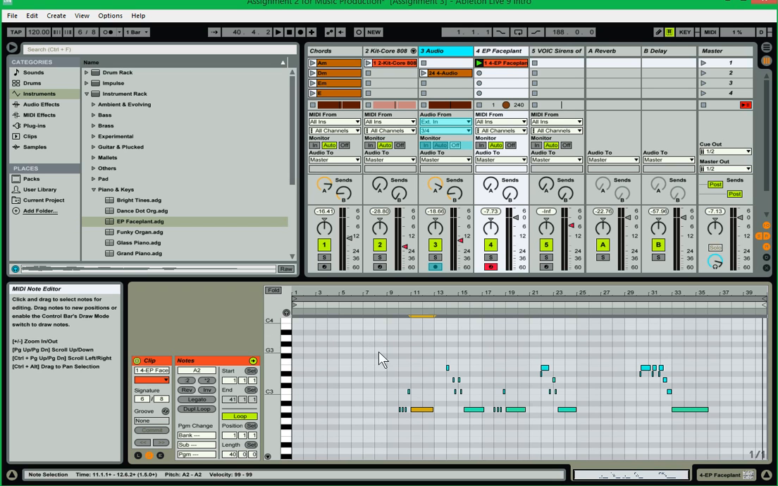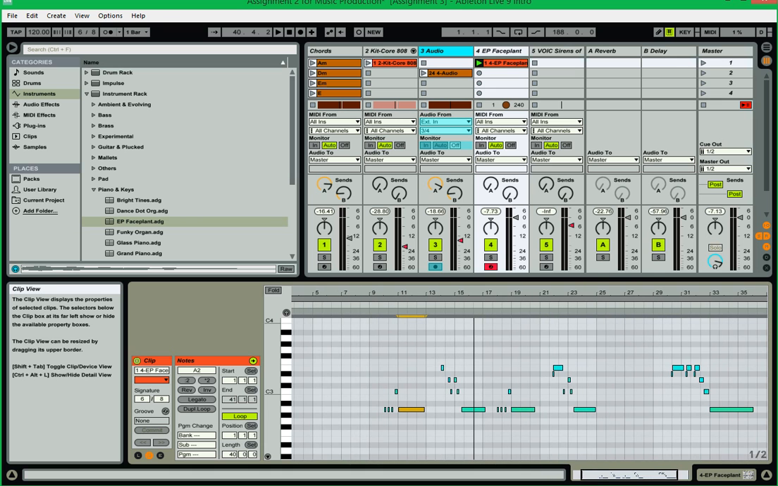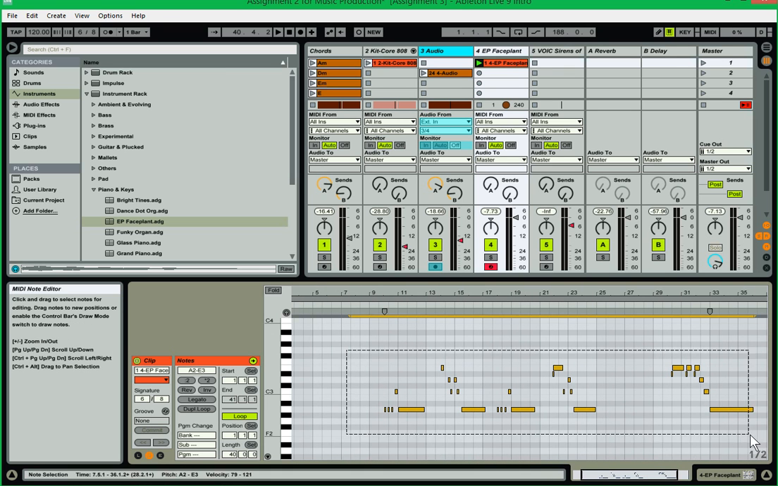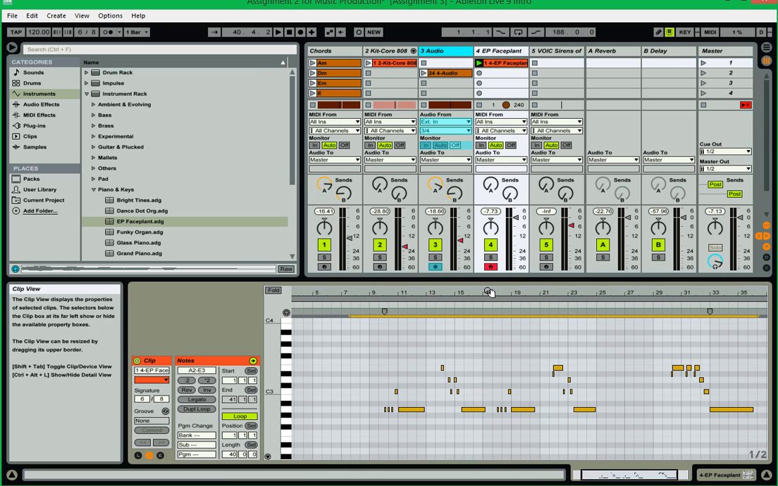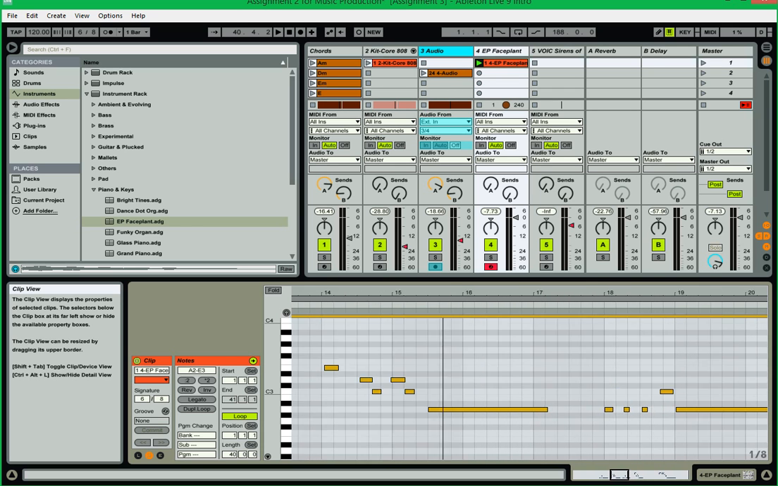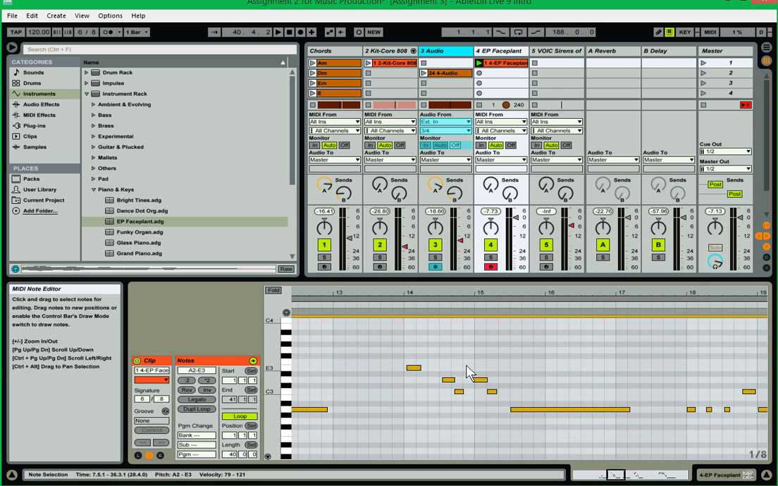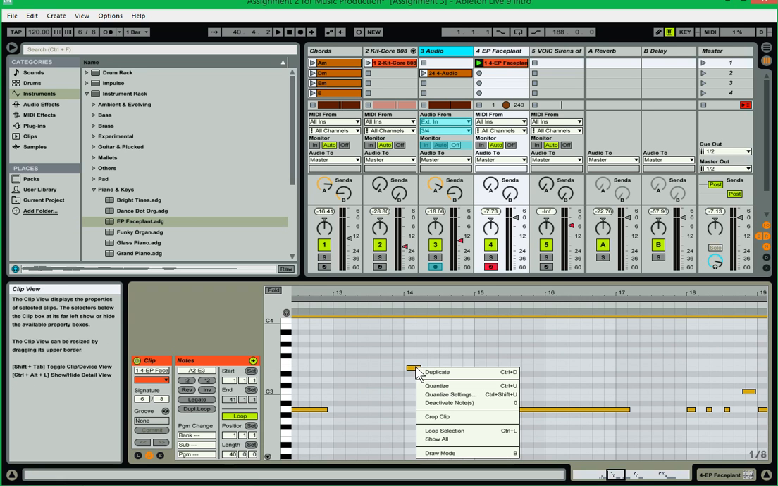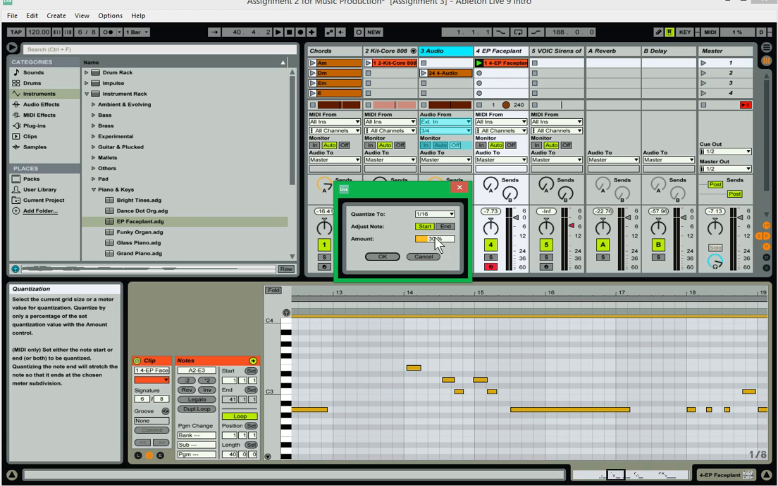But right now, what I'd like to do is quantize. Let me zoom in. Let me select all of them first. I want to do all of them at the same time. So let me zoom in, and all I have to do is right-click on one of the notes and select the quantize settings,